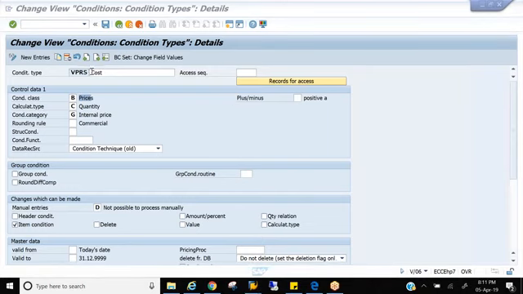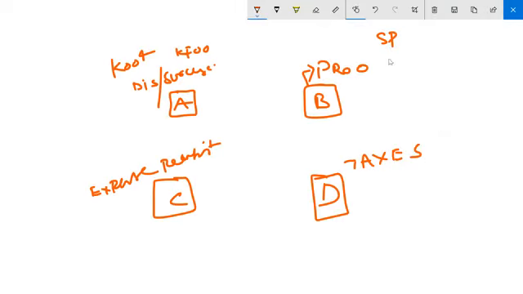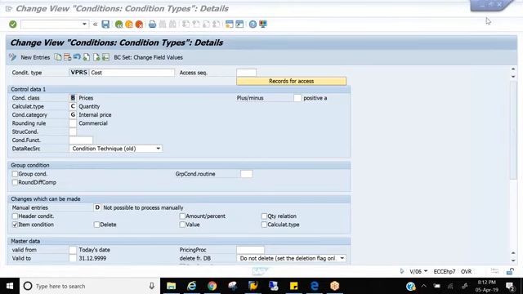So how does the system know whether it's a cost price or a selling price? See, I told you that if it is B, that is price. Price means there are different kinds of prices. You have selling price, you have cost price, you have customer expected price, right? EK01, EDI1 or EDI2, something. We have lots of conditions in the price itself, right? So how will the system further identify what these prices are? When I go for VPRS, even though the system says this is a price, it is an internal price.